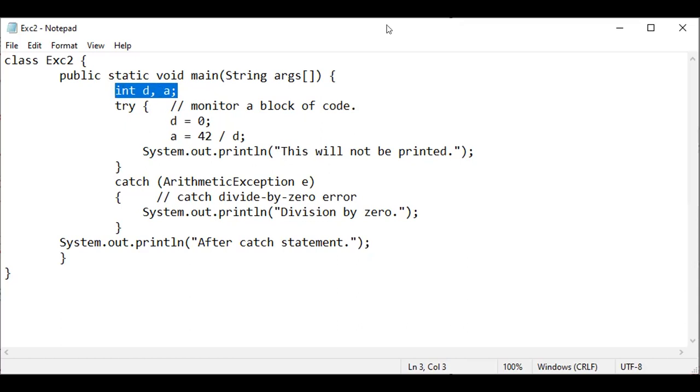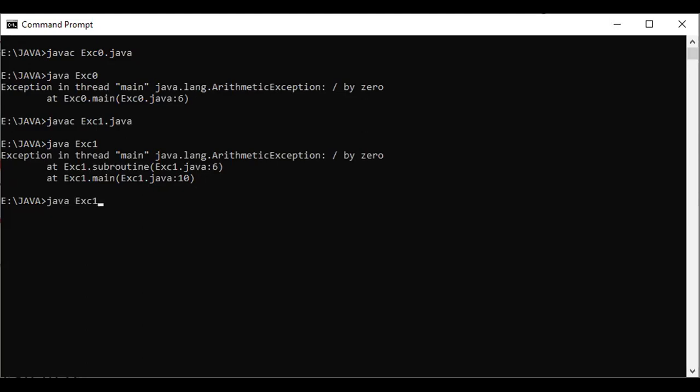Coming to the execution part in the command prompt, exception 2.java. No compile time errors. Execute this one. So here we handle the exception generated.